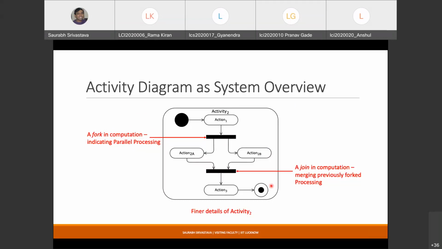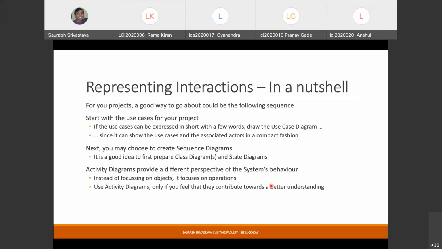Okay. So just to put everything in perspective, whenever you are going to use these interaction diagrams, there are a variety of interaction diagrams, and they depict different aspects of the system. So you will have to figure out what exactly is the right way to showcase these things. Maybe a good way to do so is basically starting with use case diagrams. You write down all the use cases. This is very similar to collecting your requirements. And then you create your class diagrams and state diagrams.